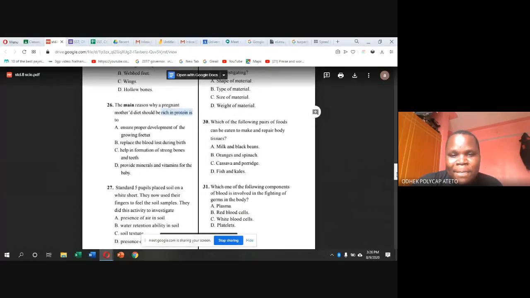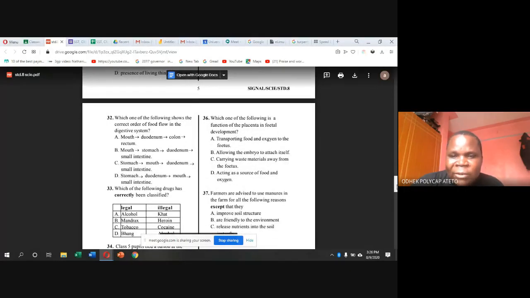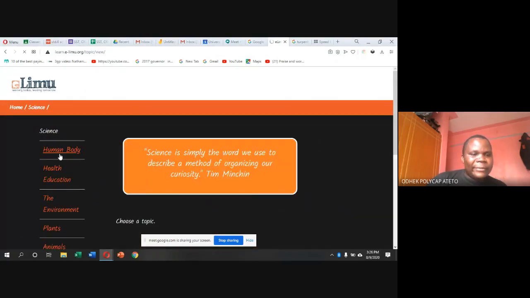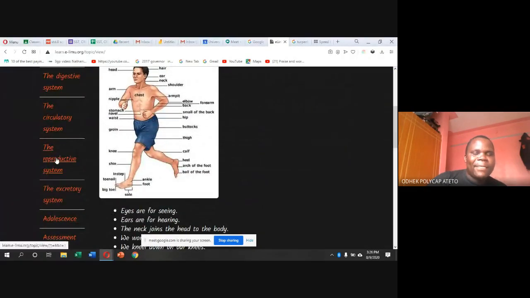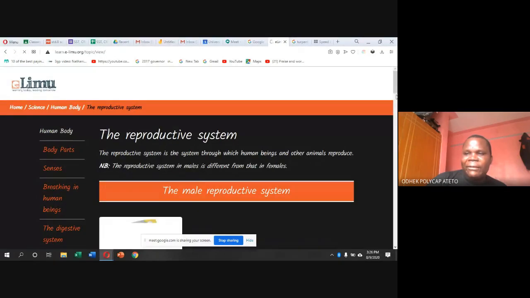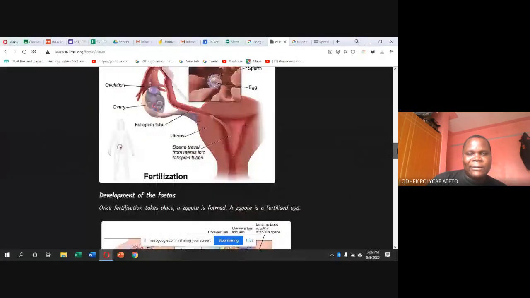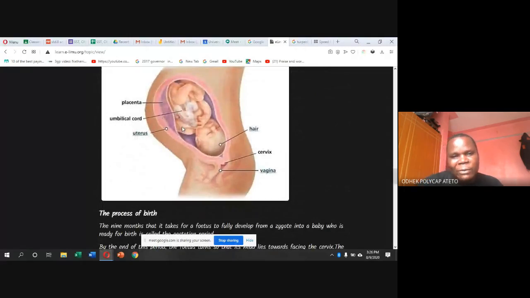Okay, next. 36. Which of the following is a function of the placenta in the fetal development? This one also was bringing a problem, but make sure you know this. Let me give you this so that you know what you are supposed to talk about when that question comes in exam. The placenta is the main organ in the reproductive system. I wanted to show you, this one is what we have now here, when the baby is about to be born. But when the baby is developing,